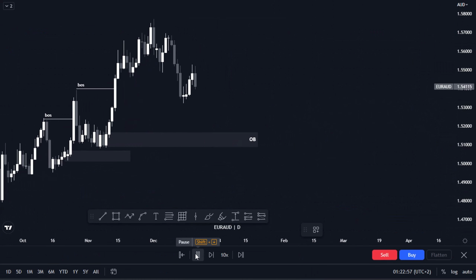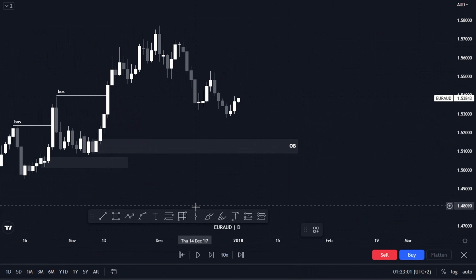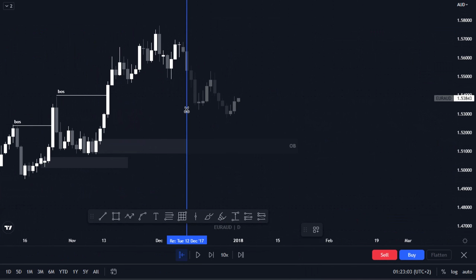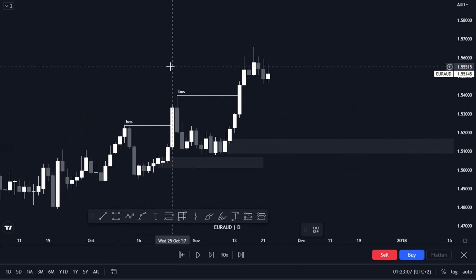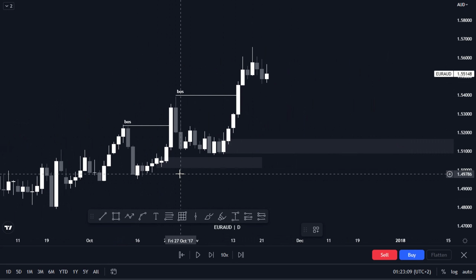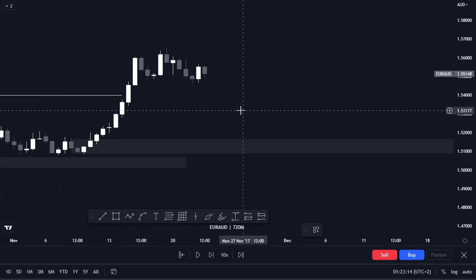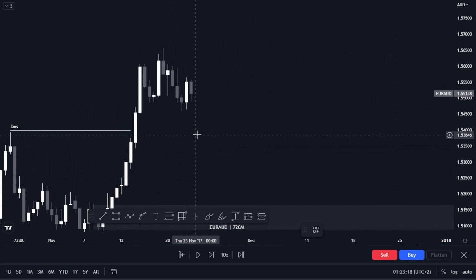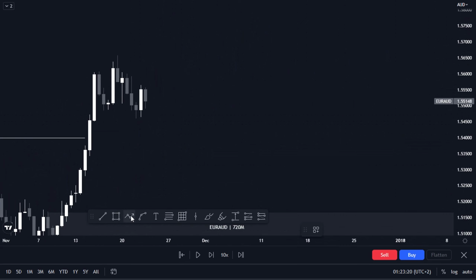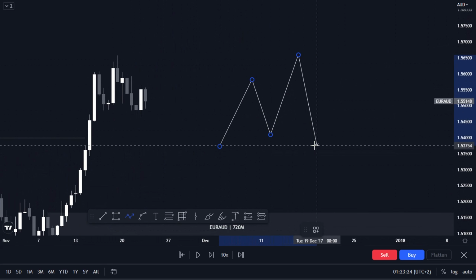Okay, so initially let's just move price here, and let's move to the 12-hour chart. Okay, so initially what we're looking for here is a change of character like this, whereby a